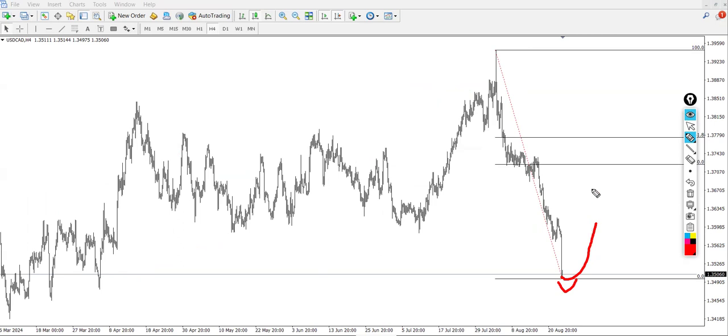And once that's done, me personally, I would prefer to start trading above the equilibrium zone in here to target this low. But then short term wise, let's